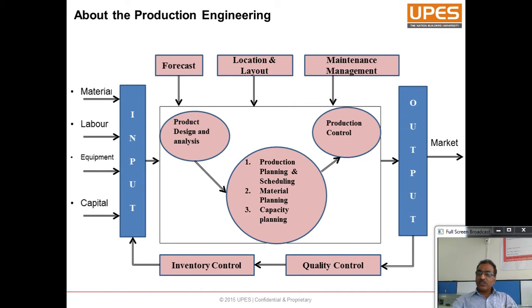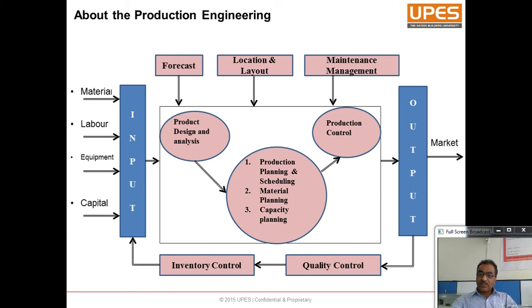Now that particular finished product will go into the market. Now in between, many transformation processes are involved. As I said, maybe some design, manufacturing, quality, and all those things. Now you can go through this particular flow chart. Like we require a layout, we require the design, we require the analysis, we require production planning, material planning,